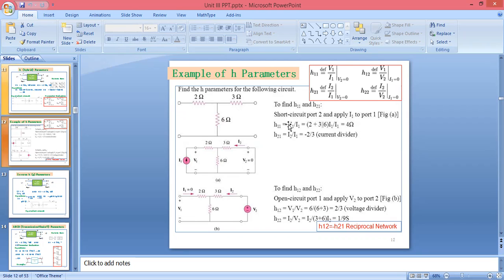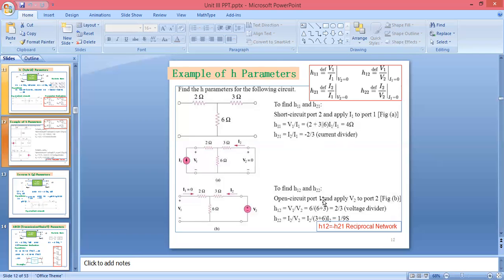consider, when we are calculating H11 and H21, we are supposed to consider V2 as 0 volt, because we are taking this circuit as a short circuit. और जैसे H11 का value मिल जाएगा, we can apply current divider. Current divider rule हमें क्या बोलता है? We are supposed to calculate here I2. So we can calculate I2 as parallel resistance 6. 6 upon 6 plus 3, 9. So 6 upon 9 we can write as a 2 by 3 into I1 upon I1. I1 cancel, and you will get -2 by 3, because it is in opposite direction with I1.